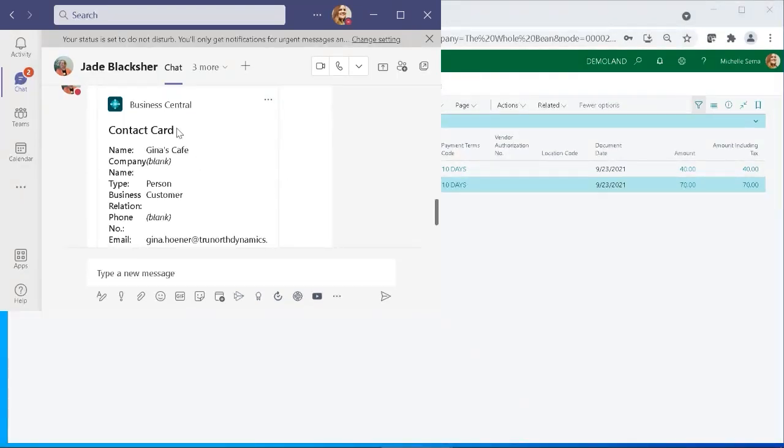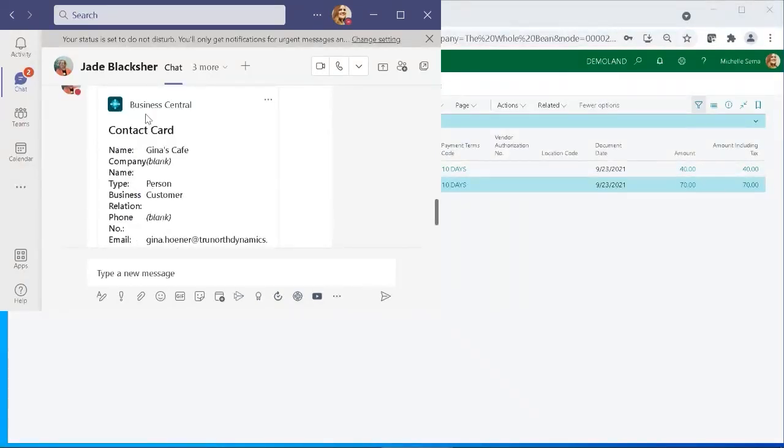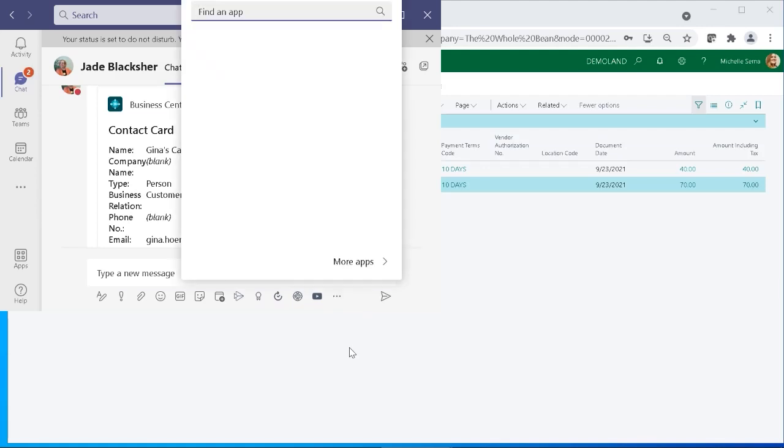So Jade, my coworker, has said, hey, Gina called and likes that quote that you sent over. Can you please send her the sales order? Well, Jade was nice enough to include Gina's contact card. And how did we do that? Well, all you have to do in your Teams environment is go to your 3 ellipses,